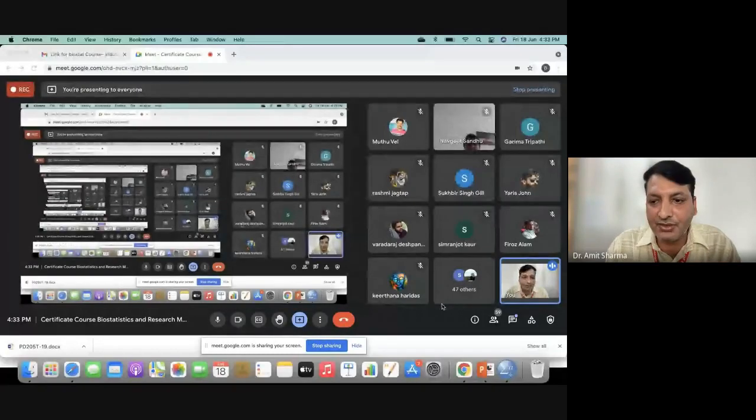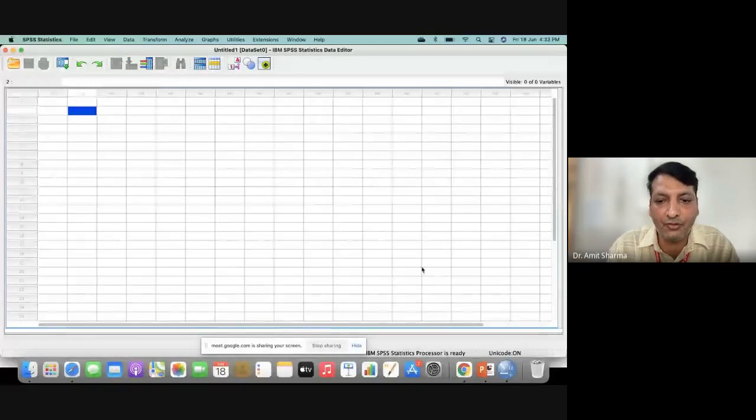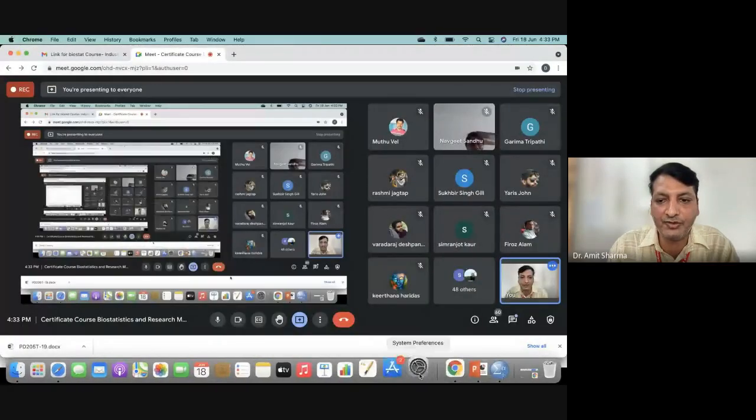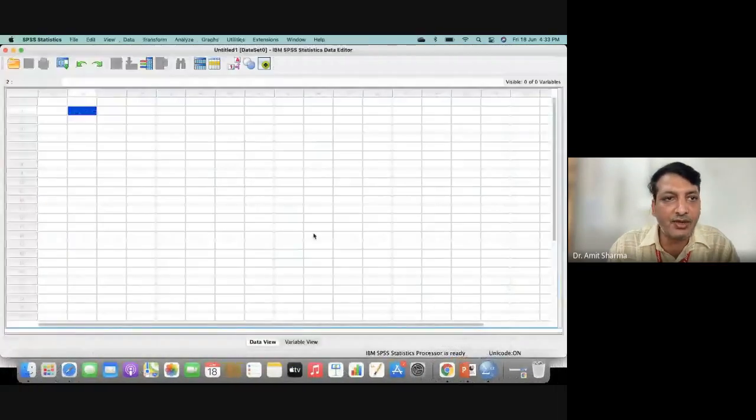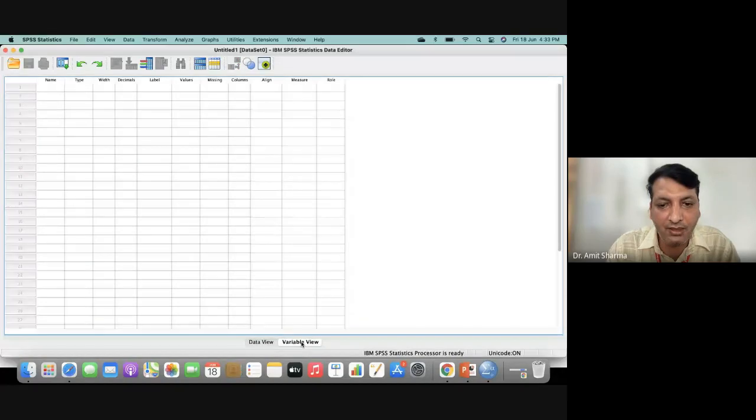Yeah, I have shared my screen, so you can see this is the overall view of the SPSS software which I have already installed, and you can see here at the bottom we have a data view, and the second option is the variable view. For Windows participants, it will be given on the right-hand side, in blue color. The terms will remain the same, data view and variable view.